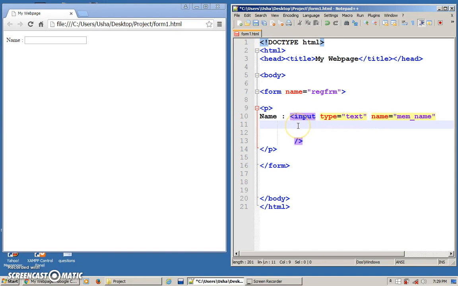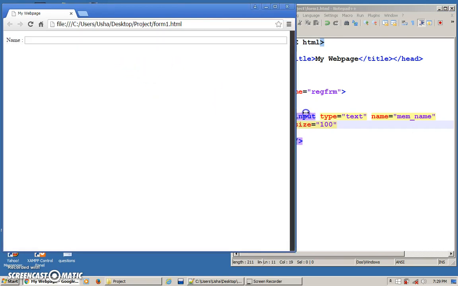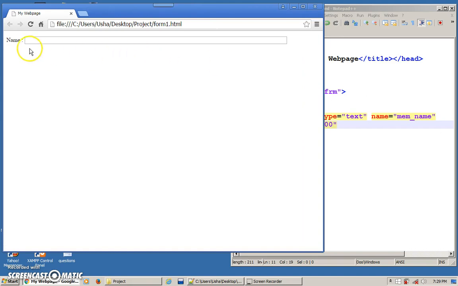The next one, maybe I want to put a size for the text box. Let's say I put 100, meaning it can fit 100 characters. Save this and then refresh. If I make the browser bigger, you'll get a longer text box, so you can type many things inside and everything can be seen clearly.